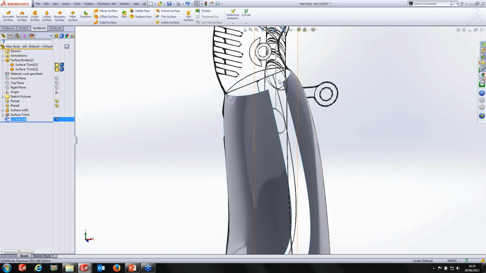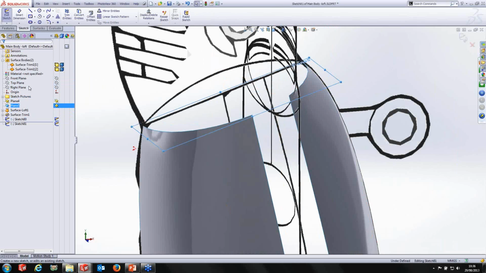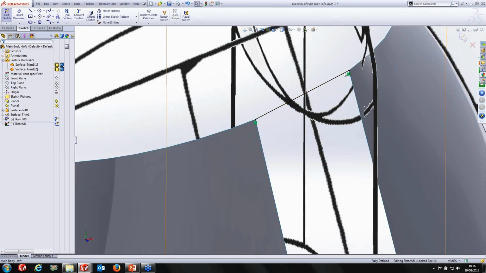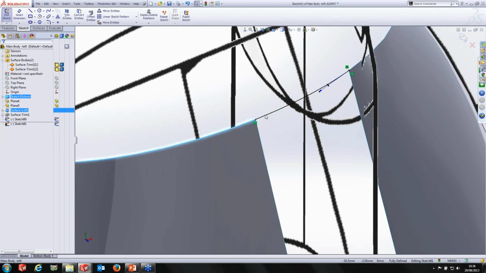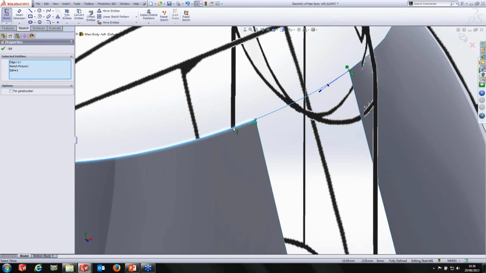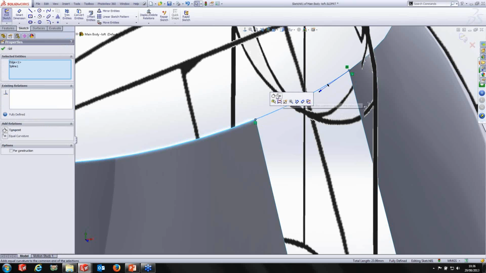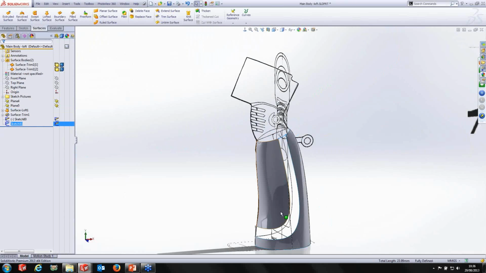So now to draw the other edge, we need to go ahead and actually draw a sketch on that plane that we created earlier on, plane 5. And that's just going to be a 2-point spline from either edge. And I'm going to define it so that it's nice and smooth at this edge. I'm going to control select the top edge and make it tangent. Let's try that again. Okay, the tangency just means it's smooth at that end,